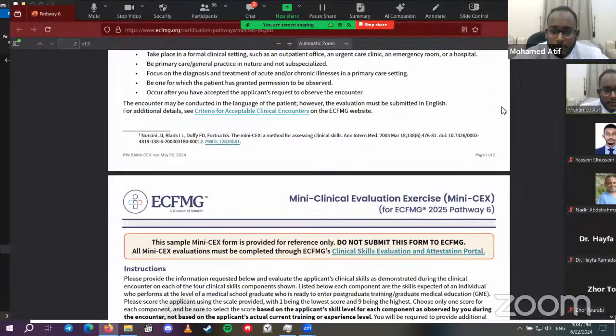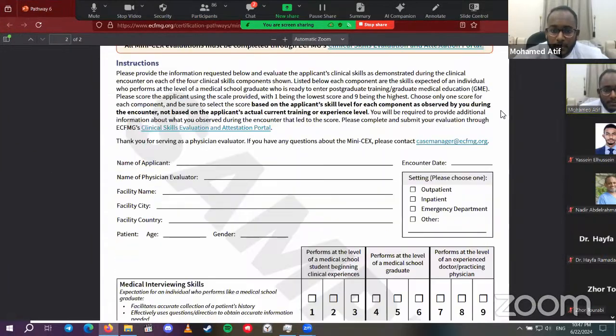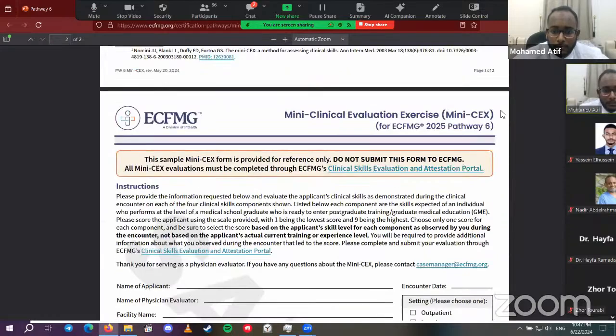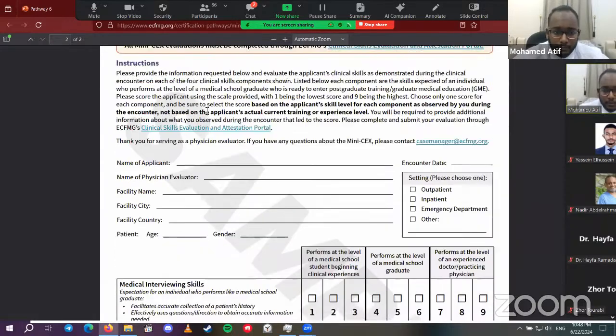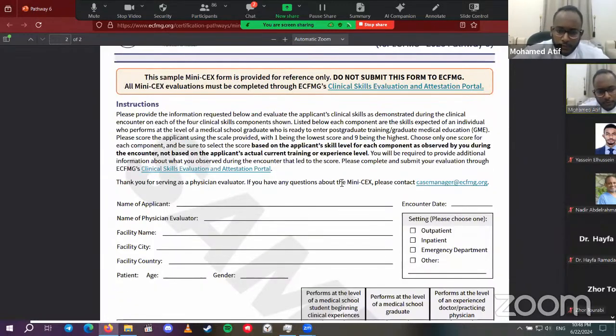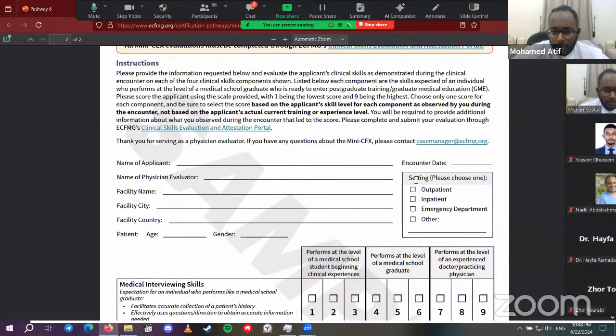So this is what it looks like. This is a mini CX form. Basically, your physician is going to put his name, the encounter date, and